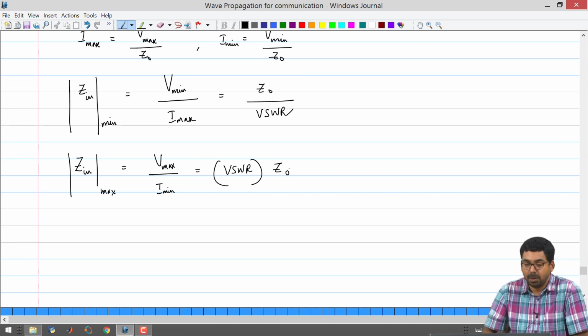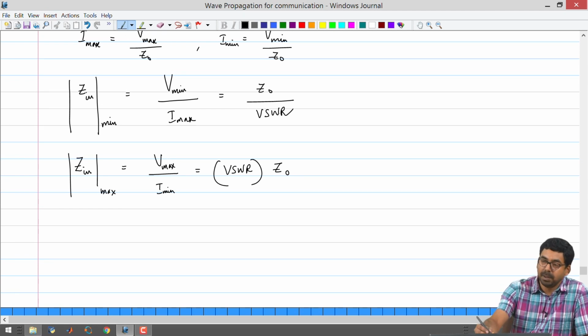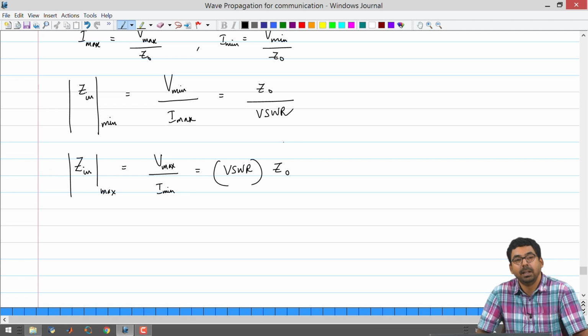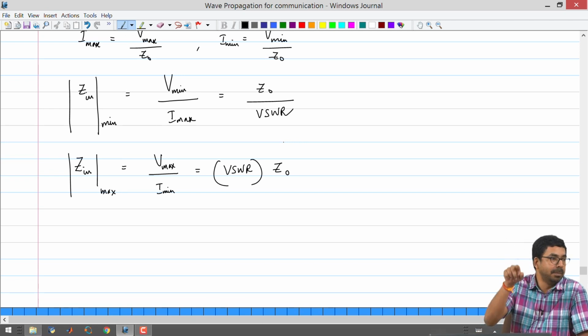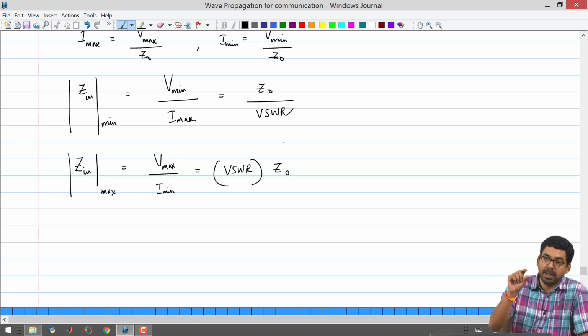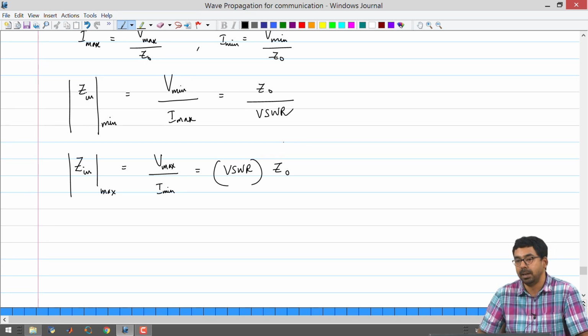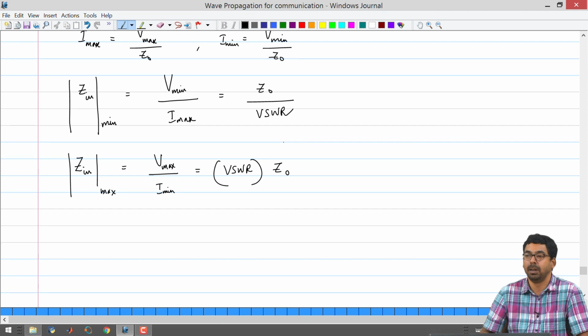And when you are talking about impedances, you need to know the range of impedances. Unfortunately, for the open and short circuit, the range is not small at all, right. You can go anywhere from 0 to infinity in the case of impedance that you are measuring from the input side. So, if you are going to measure the impedance of a transmission line from the input side, all these equations tell you is it could be anything. So, it is not easy to arrive at a conclusion just by measuring impedance on the source side.